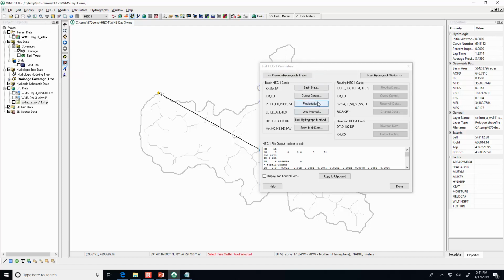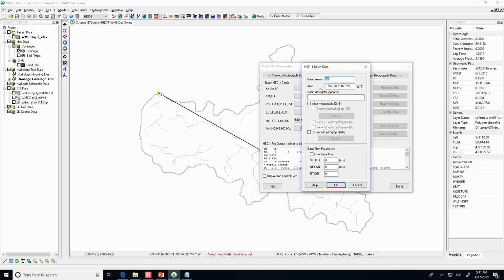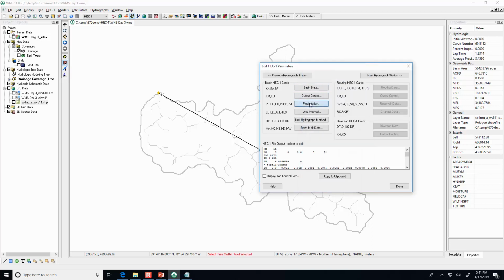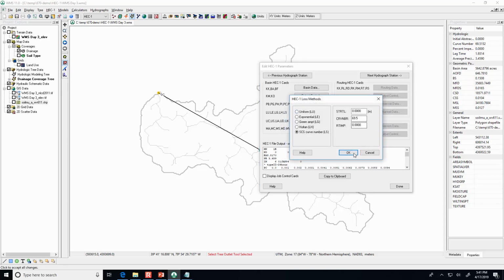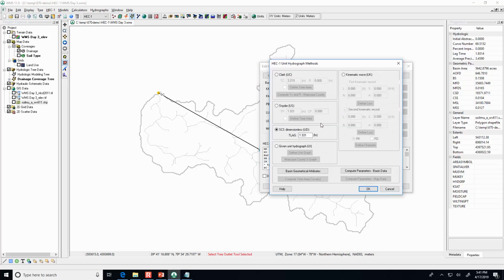Yeah. Okay, so the main thing, it has an optional module for entering snowmelt data, but the main things that we want to double check is the area of the watershed, the precipitation, and the loss method, make sure the curve number is in there. The unit hydrograph method, make sure that a lag time is calculated.